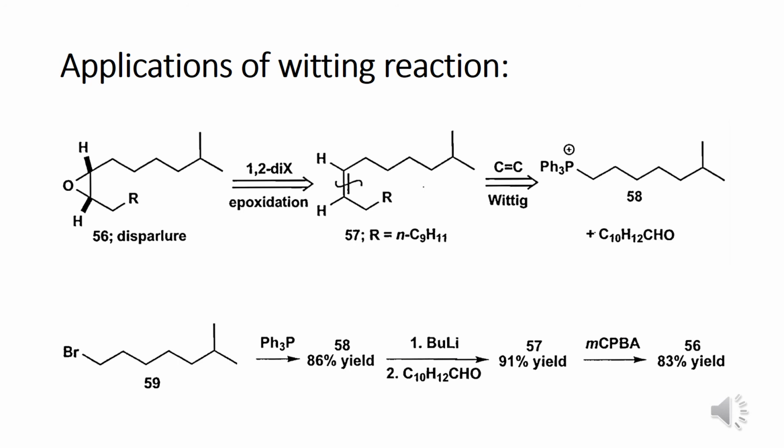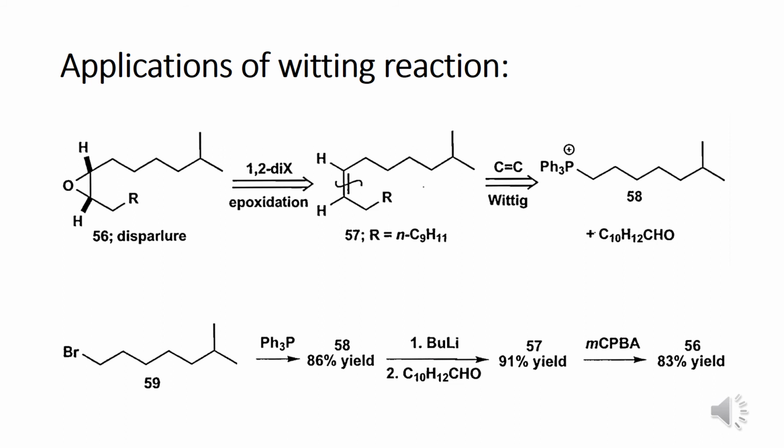Another example of this Wittig reaction application includes pheromones. Pheromones, that is insect attractants, are compounds which attract insects. So many insect pheromones are derivatives of a simple alkene. This